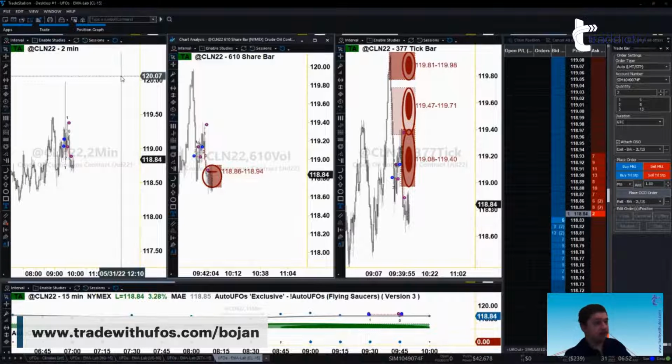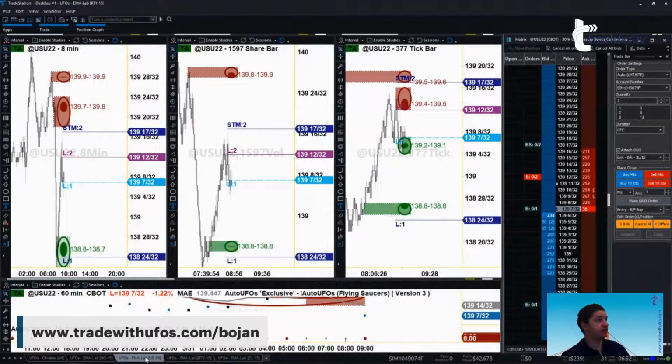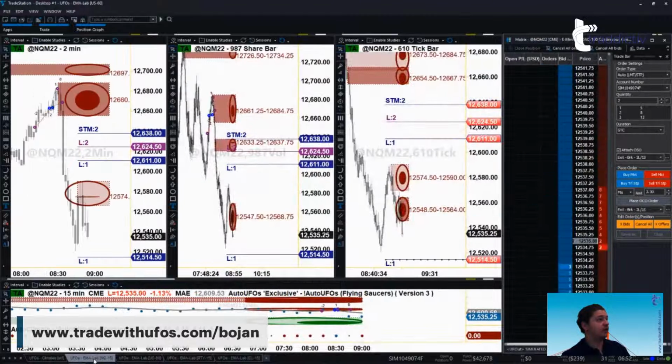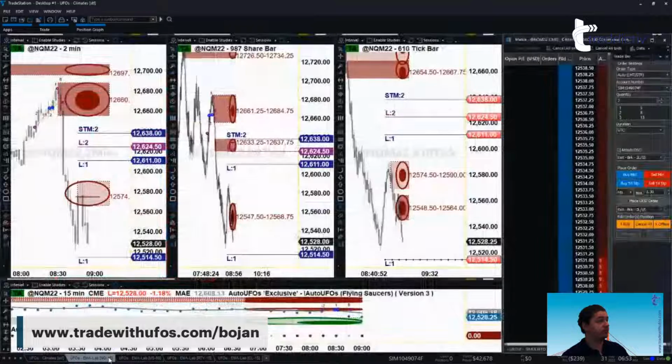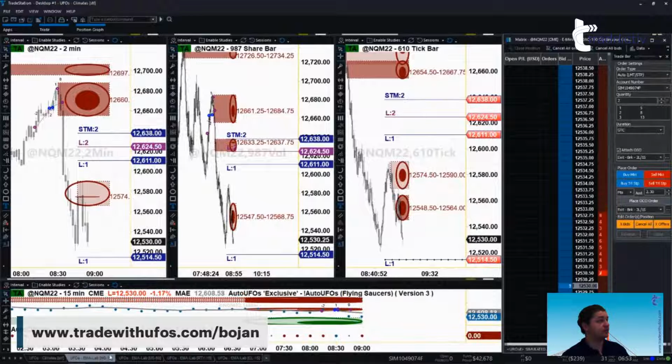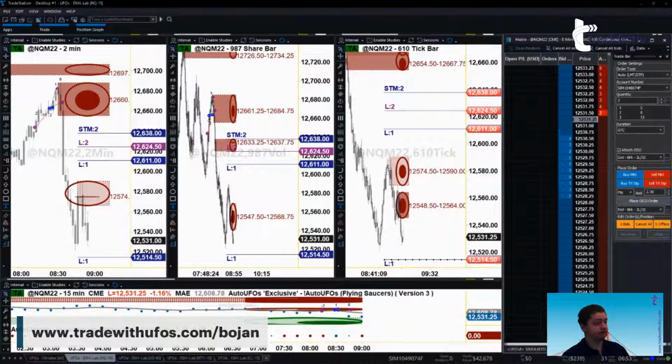Crude oil might be readying itself for some lower move there. Russell already doing it. The 30-year, the same. So not a whole lot has changed, folks. All right, so I don't think we're going to see any modification to these markets. But by the time we end the session, so far things have been moving a little bit out of whack, but that's okay. It's not a big deal.